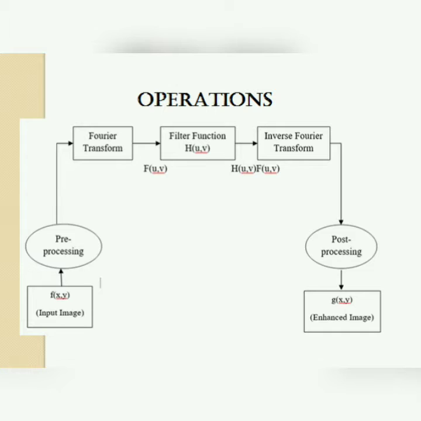Now we have the filter function capital H of u comma v. After processing with the filter function, we have a simple product in the frequency domain. So H of u comma v is the frequency domain representation, and F of u comma v is also the same. Generally, images are in matrix form, so the product can be carried out coefficient by coefficient. After that, the resultant matrix is the filtered image but is still in the frequency domain.